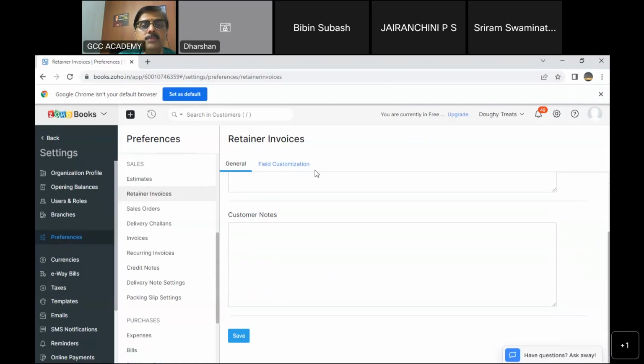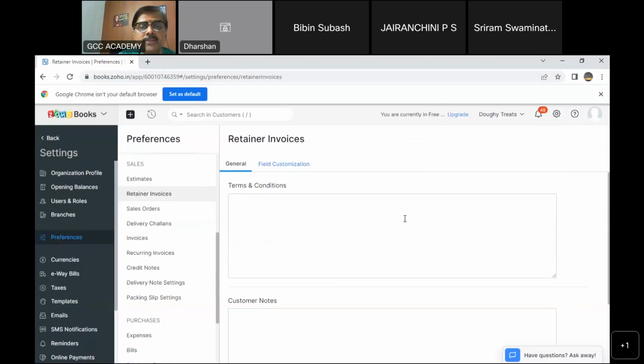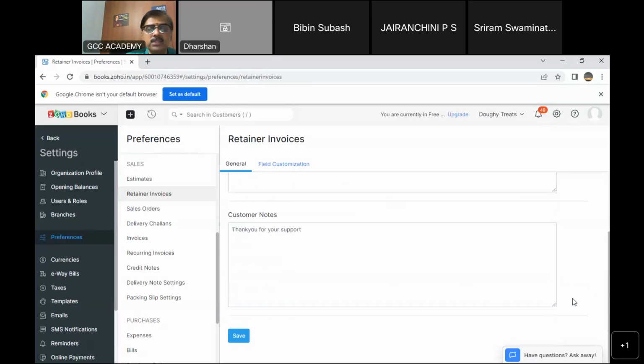And I can give some general instructions in my retainer invoices. Terms and conditions: payment should be made immediately on receipt of invoice. Customer notes: thank you for your support. Whatever you want to put. Okay, and then save it. So automatically retainer invoices